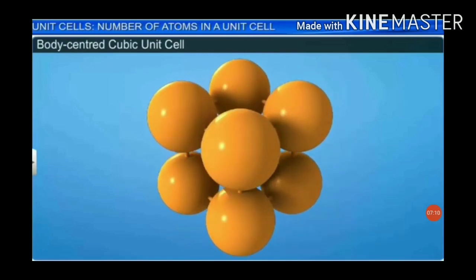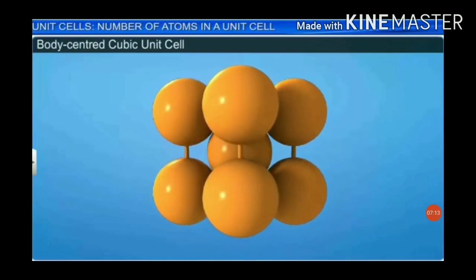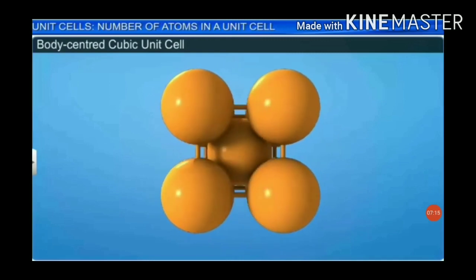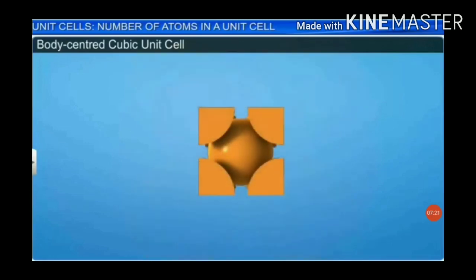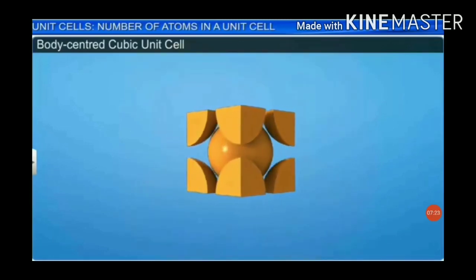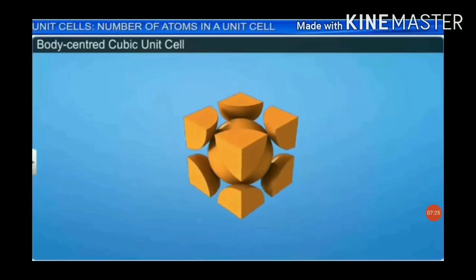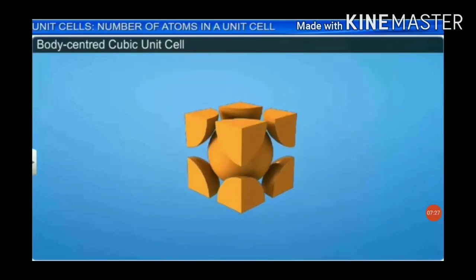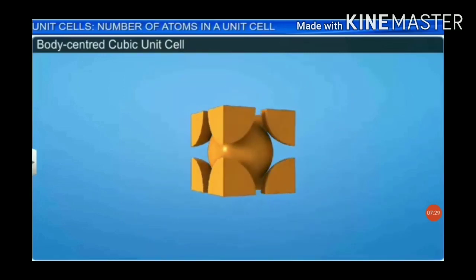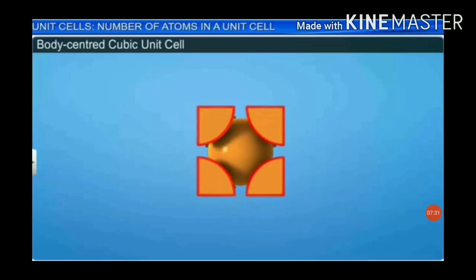In space-filling model, these atoms are packed much more closely together, and this shows atoms touch along the edges of the cell. By considering the portion of atoms inside the cell boundary, we can generate a unit cell of body-centered cubic lattice. Here you can see one particle is present at the body center of the cube,